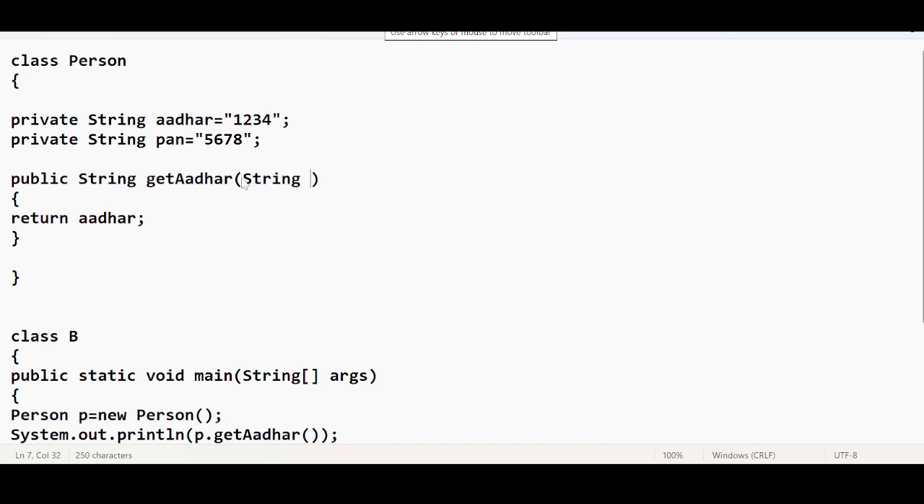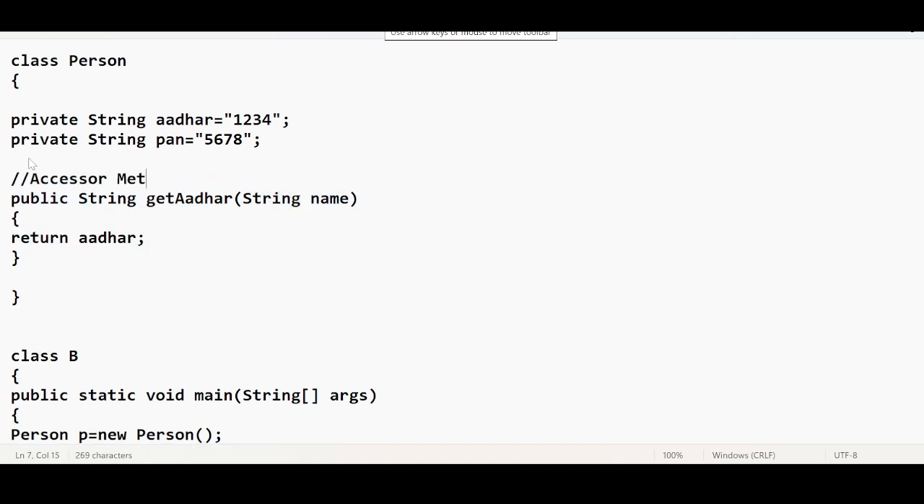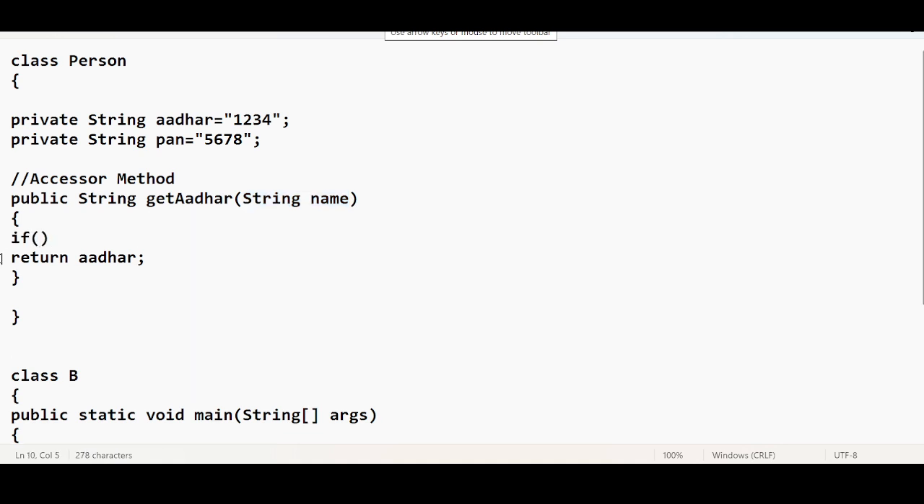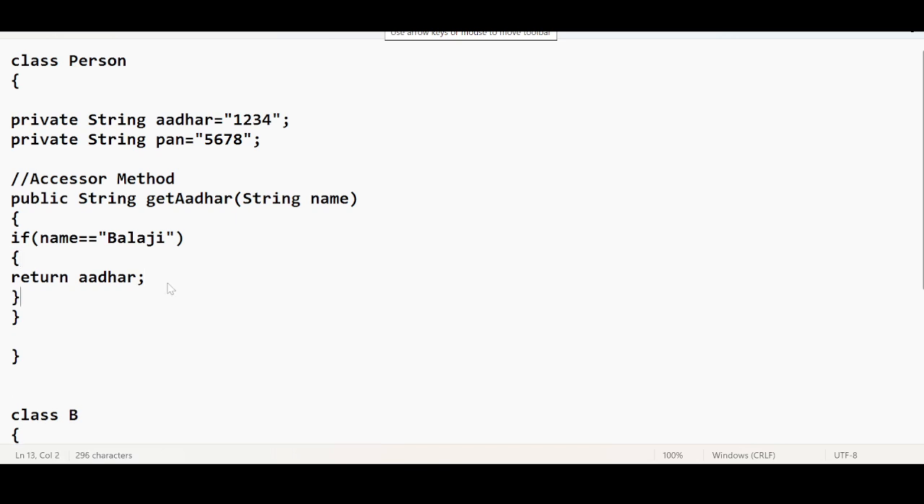I will be accepting a parameter, a string, let me say it as name. Now my method, this is the accessor method, is going to accept a parameter. What I'm going to do is a conditional check. I will check if the name equals Balaji. Only if the name is equal to Balaji, authentication is happening here, I will be returning the Aadhaar card number. Else